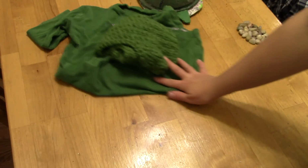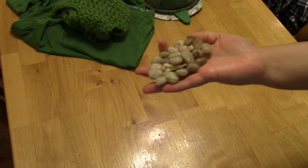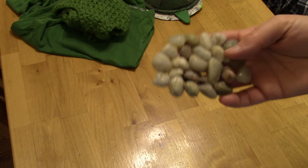So that's her turtle costume. I'm really happy with the way that that turned out. And the only other thing I worked on this month is this thing. It is rocks that I glued together. But I had been making soap